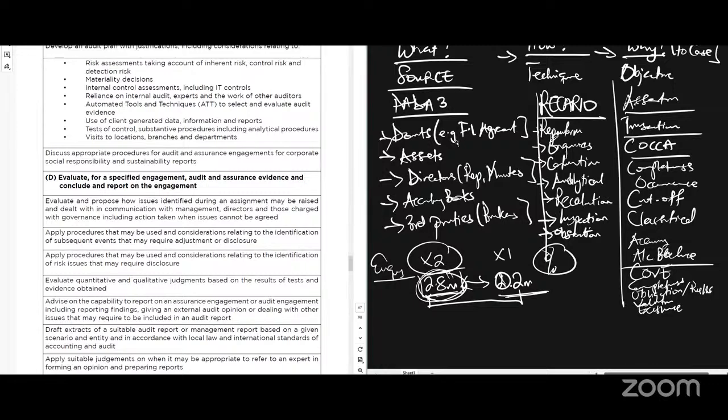2, asset. 3, accuracy. So it follows. How did I do it? Recalculation. What did I do it on? An asset. What objective did I achieve? Accuracy or accurate values. Review board minutes: review is the technique or method, board minutes the source of evidence, to confirm completeness of transactions, right? Make inquiry of staff to confirm what? To achieve what objective? Do you get it? So that is it.